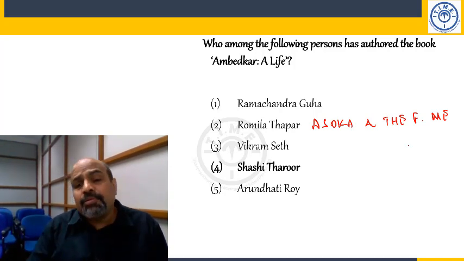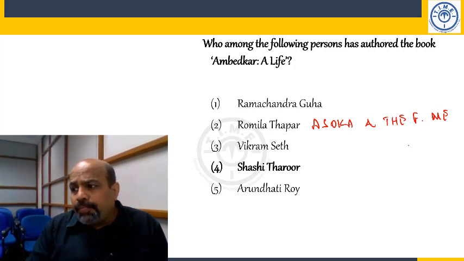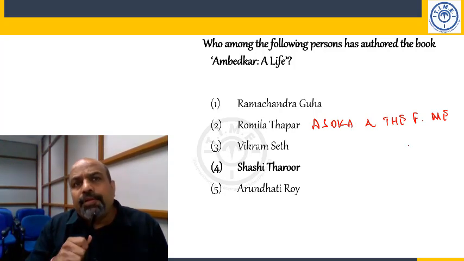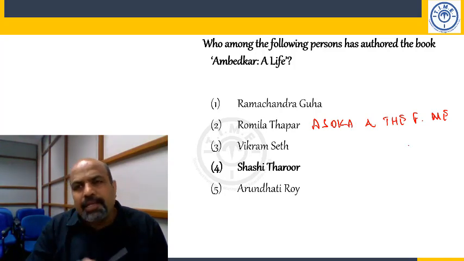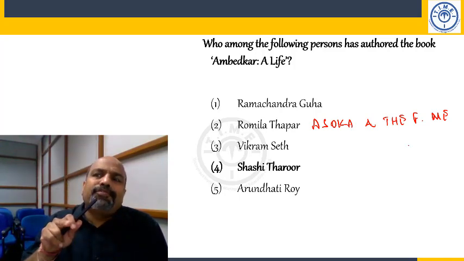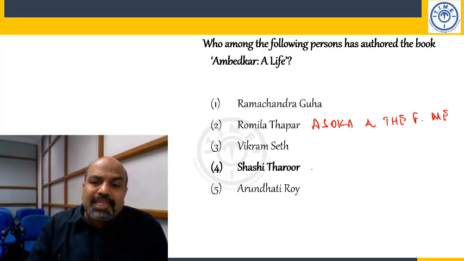India After Gandhi is another book. He's written a book on cricket also. It's called A Corner of a Foreign Field something. It's on cricket, and on the cover you would find a photograph of Anke Narayan playing cricket. Okay, Vikram Seth,